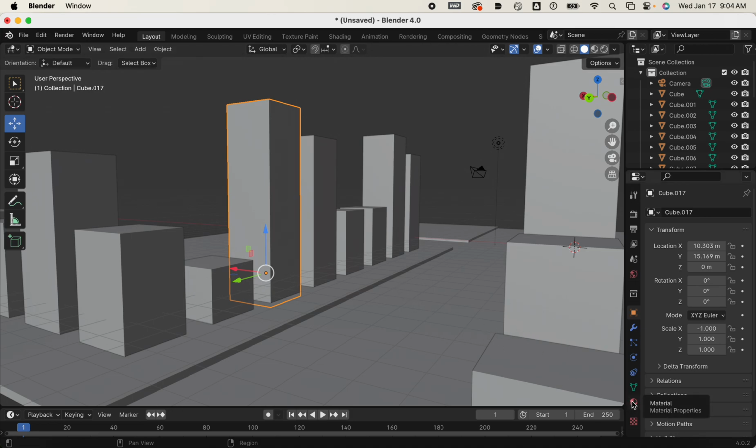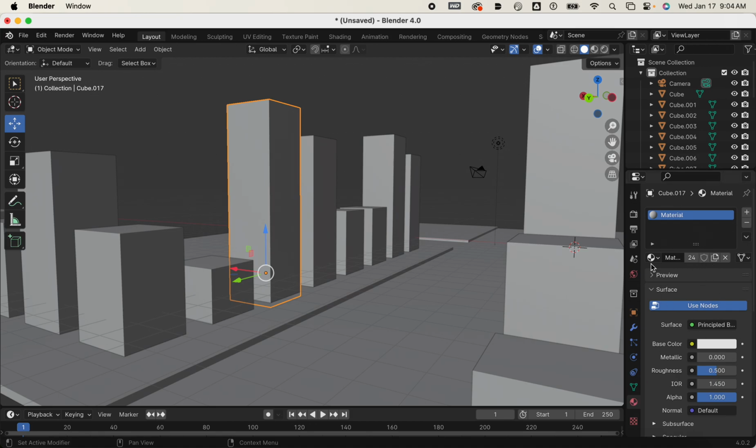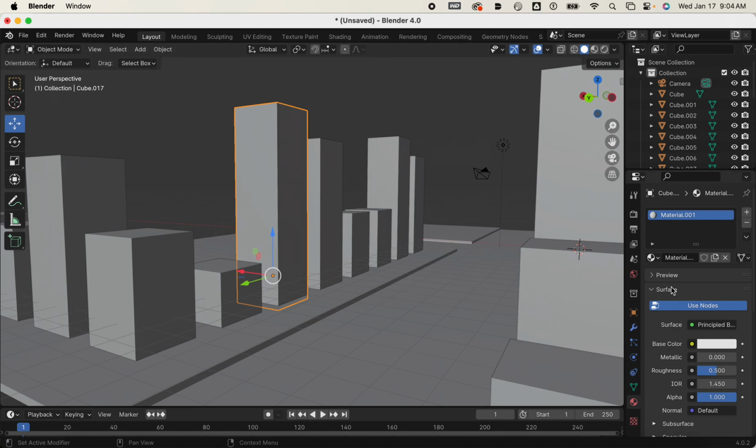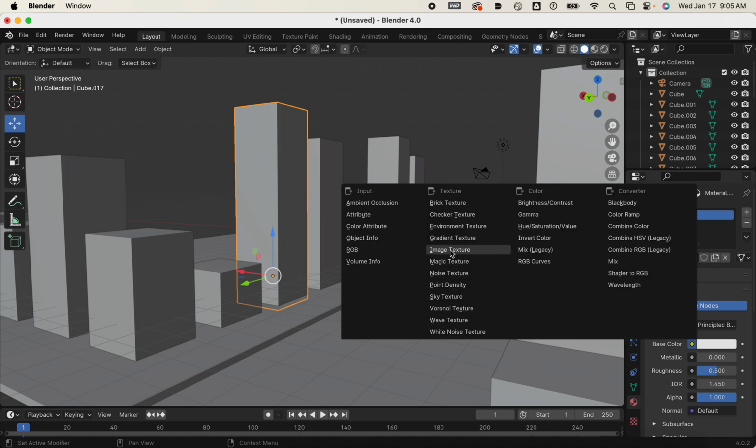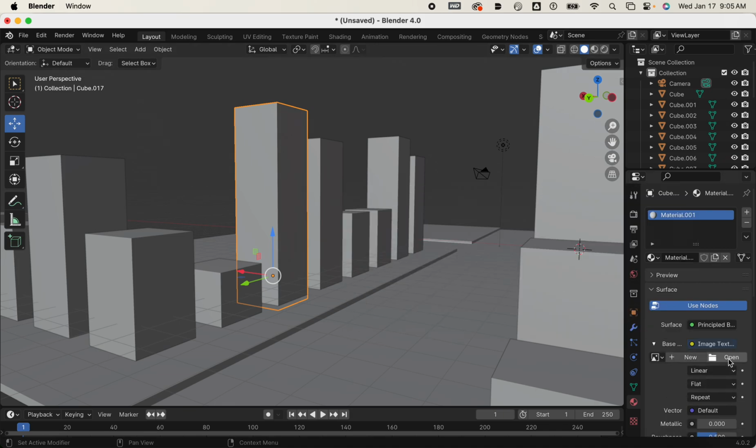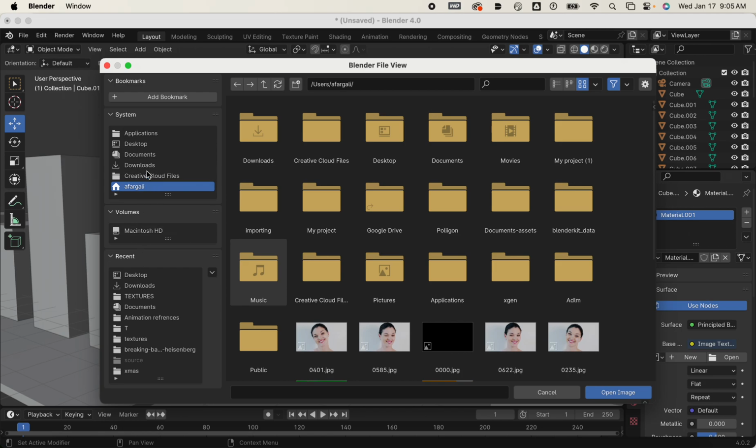I'm just going to go to the material properties. I could use this material, that's fine, or I could hit this page one and make it a new material. So now it's material 001 so that everything else doesn't change. And I'm going to go to base color, click this yellow dot right here, and I'm going to go to image textures. So I'm going to open